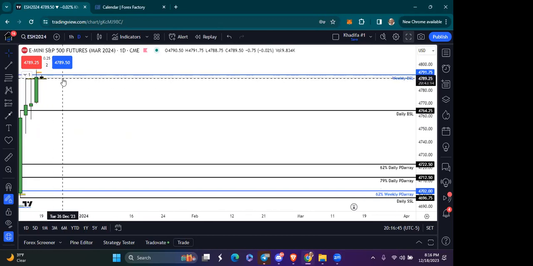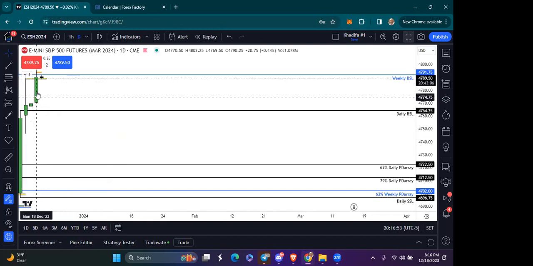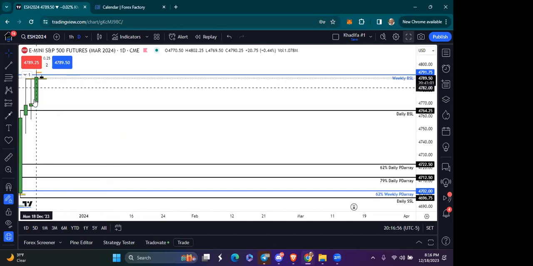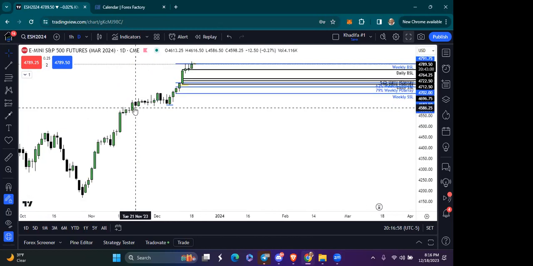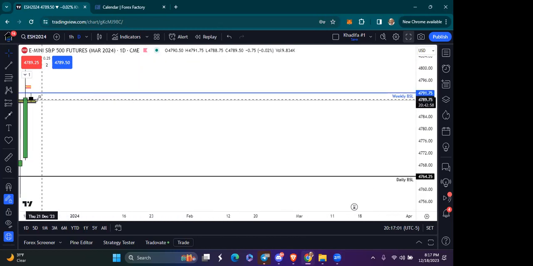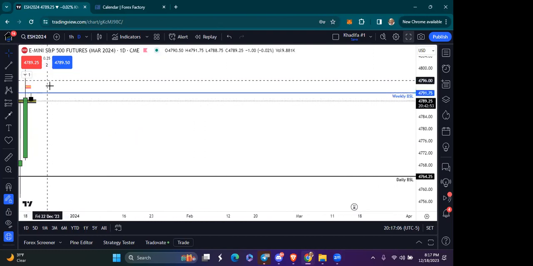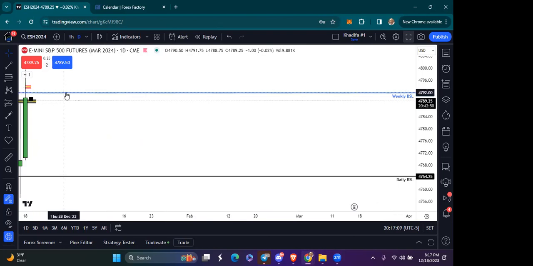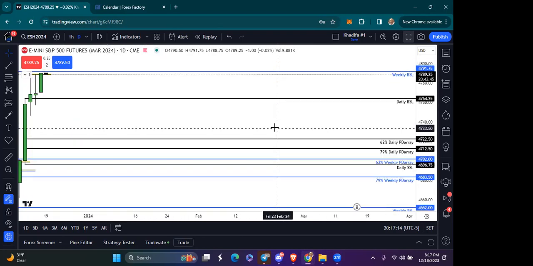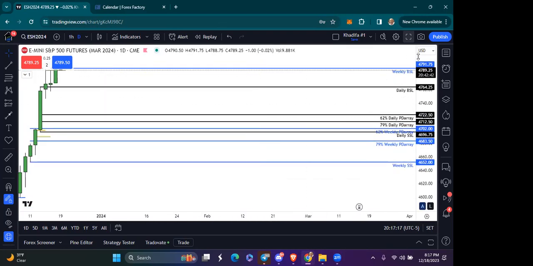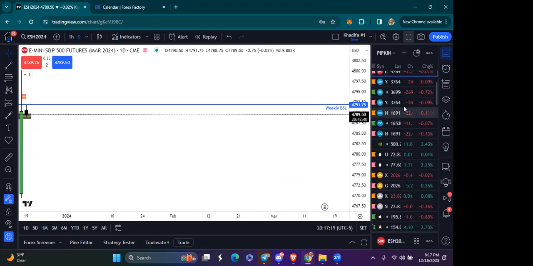So throughout the rest of Asian markets tonight and London markets, I'm interested to see if price pulls back down into the discount levels of this candle before continuing higher. If we break above that weekly buy side liquidity and close above it, then I will be looking for us to pull back down and use that level as a support level to continue higher. But my bias remains bullish for futures going into this week.